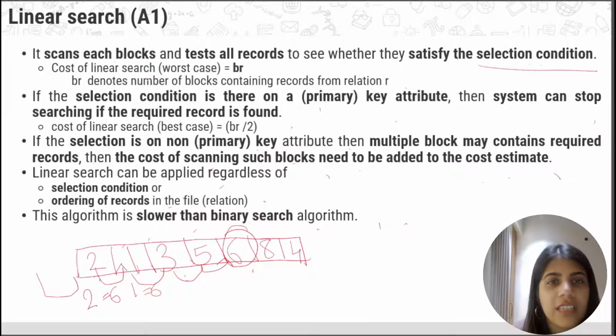So the cost of linear search, worst case, is equal to BR. BR denotes the number of blocks containing records from relation R. How many blocks it took to reach that relation R. If the selection condition is on the primary key attribute, then the system can stop searching if the required record is found. If it is on the primary attribute, the primary attribute is always at the 0 index, so